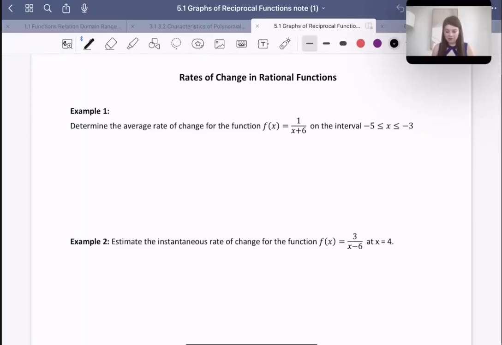Hello, everyone. Welcome back. So, today I'm going to be talking about the rates of change in functions, in the rational functions specifically. The good news about this is it's not much different from rates of change that we already know. Here it asks us to determine the average rate of change for this function on the interval from -5 to -3. So, our average rate of change